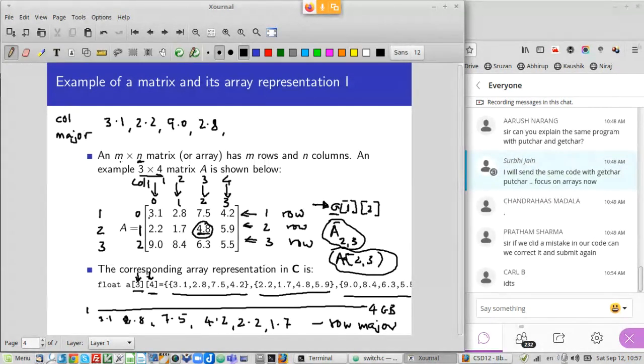So if you store things in this way, notice the linear address of this particular thing. Let us say you have stored this in the first location. So this is location 1, this is location 2, this is location 3, and so on. So when you want to address memory, there is a difference. If you want the second element 2.8 in the first row, then it is at position 2 if you store it in row major form. If you want to get it out when it is stored in column major form, then notice that it is not at position 2, but it is at position 4.